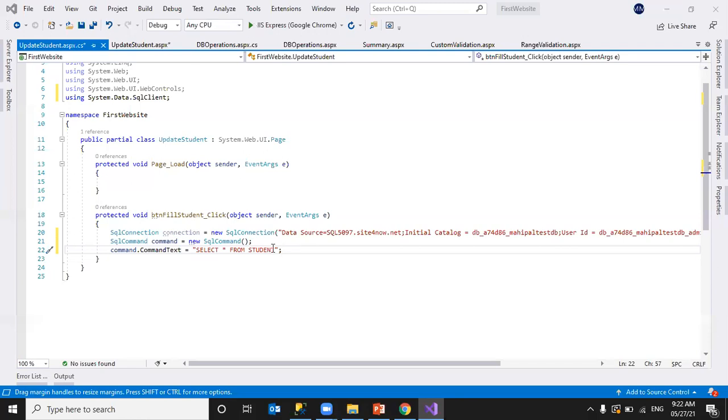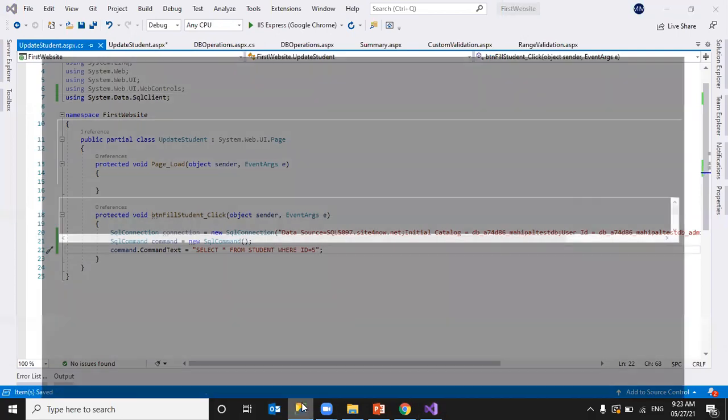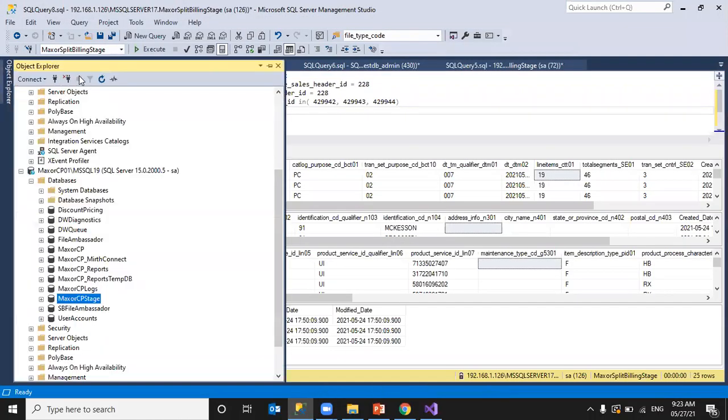So select star from student where ID equal to some value. Do we have a record? Let me check.